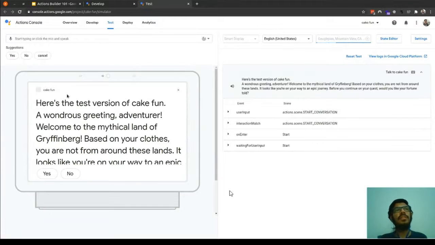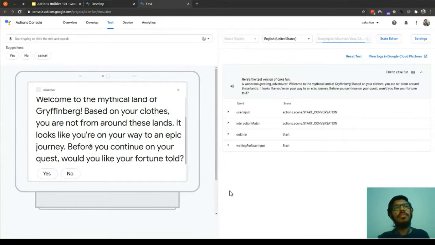As you can see on the left side of the display, in the smart display, we have yes and no. These are called suggestion chips, so that the user stays in the context of the conversation. Smart displays help a lot in that scenario, because showing some text on the screen keeps the person on track, right?